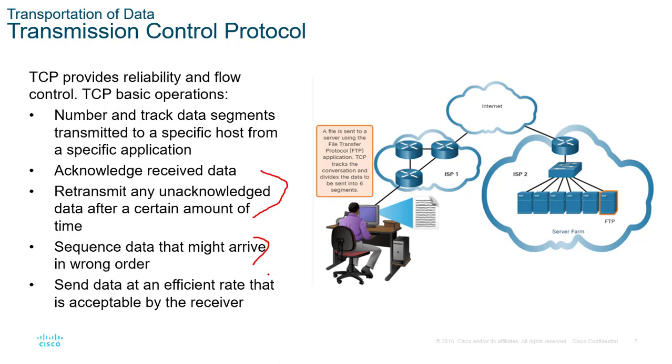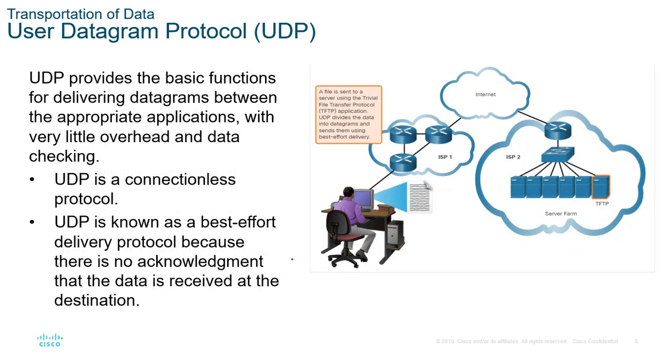And TCP provides flow control. So it establishes a flow rate between the sending and receiving devices that's acceptable by both devices. And that way, one device does not overload the other device's capability to receive and understand that information. Now, applications that don't require flow control and sequence data and error control will utilize the user datagram protocol at